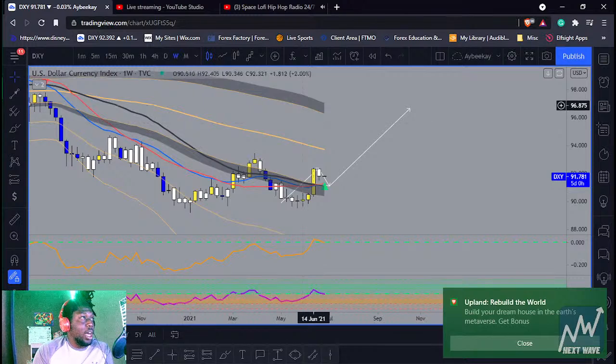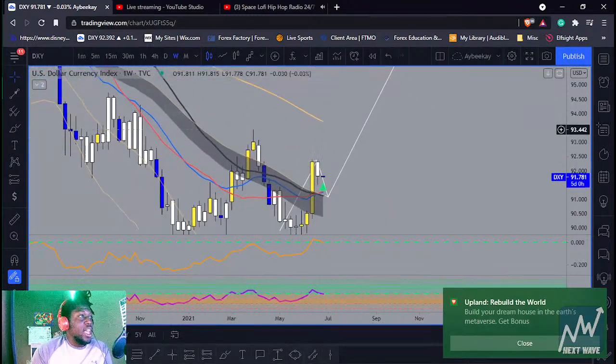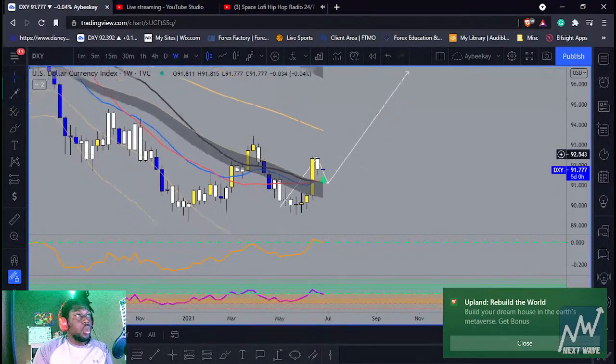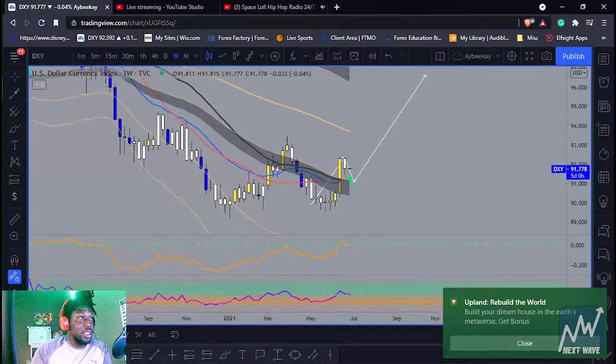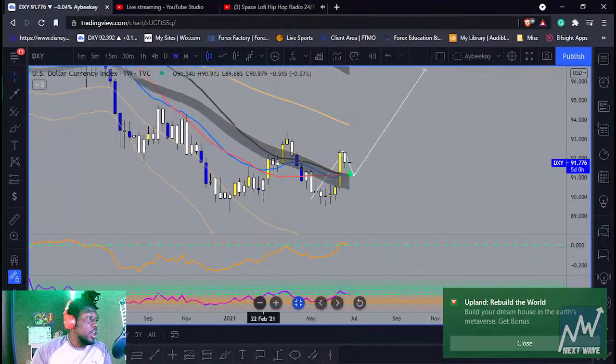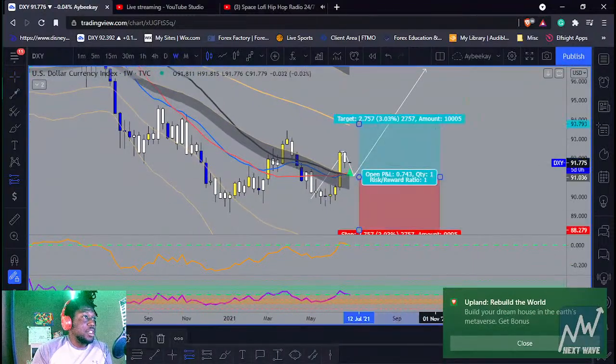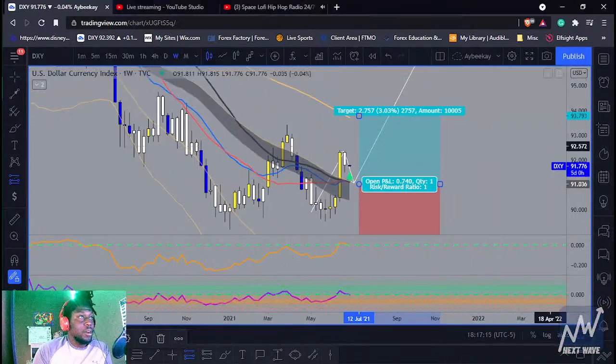I wait for price to retrace, and I specifically wait for that only to get better pricing so that I can have a better risk to reward, right? So for the long term, and I'm talking about weeks and stuff like that, I'm talking about a position trade, what I'm really looking for on the DXY is for price to